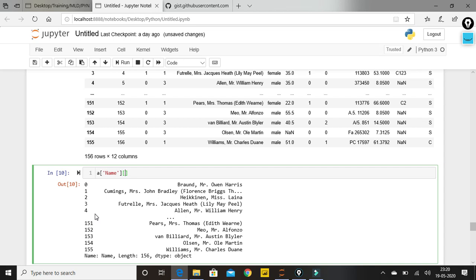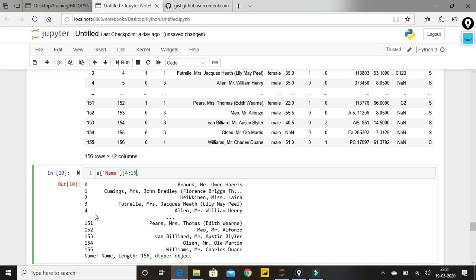I think I have discussed this already in lists, tuples and sets and everything in our previous Python playlist, but I'm just giving you a quick recap of what we have discussed. So the format is start index colon end index plus 1. Always remember, this end index is also called the upper bound. It will reject the upper bound, meaning it won't give me the data of the 15th, it will only give me 14. So always give a plus 1 after that.